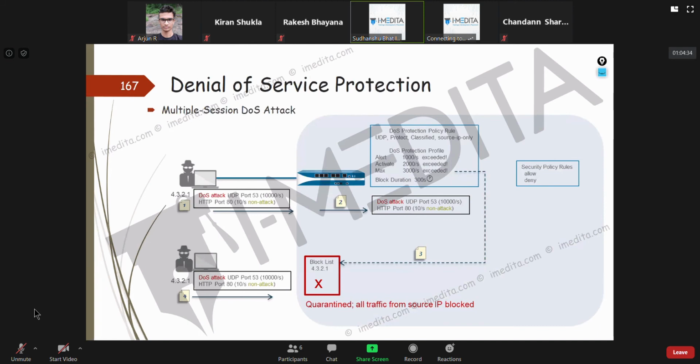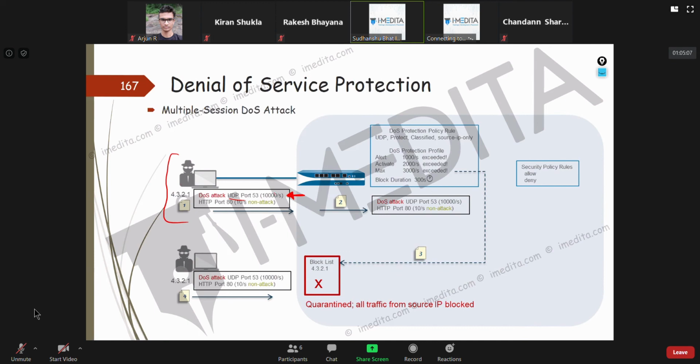If you look at this diagram, it's straight from the PAN-OS admin guide. Suppose this guy starts a DOS attack. He sends 10,000 UDP packets per second.